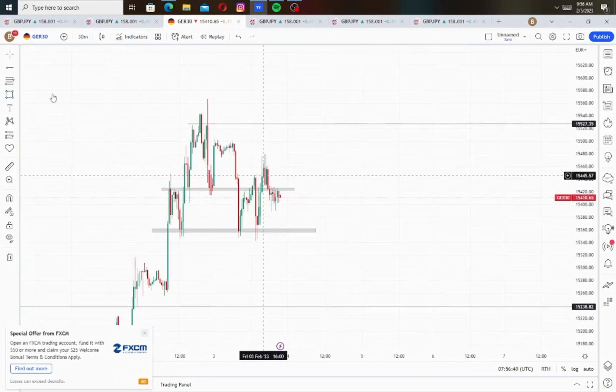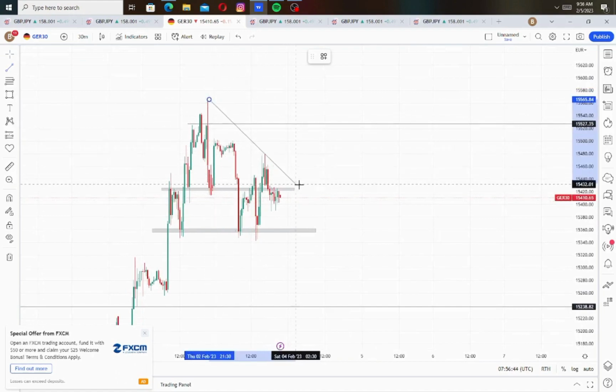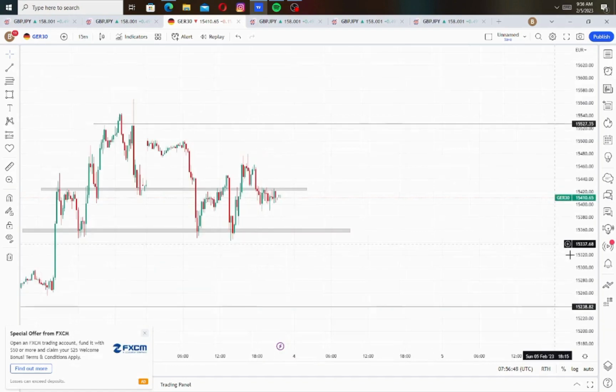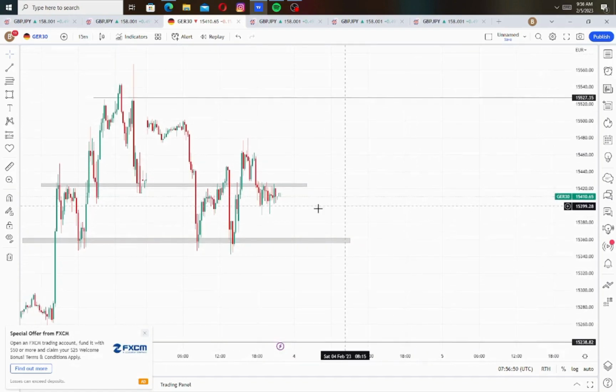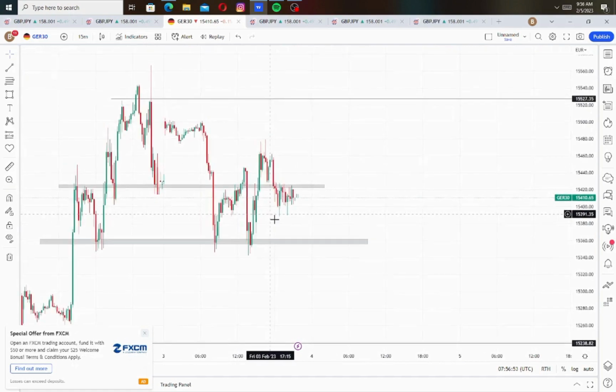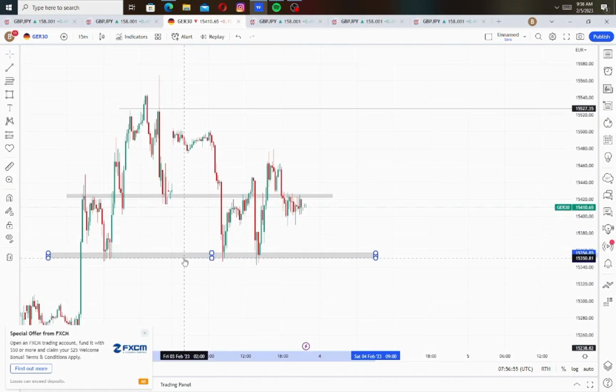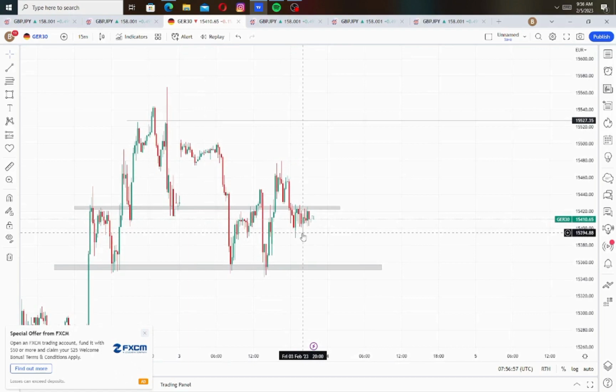I'm just gonna, let's see if we can draw some kind of trend line. Let's go. So with this ger30,